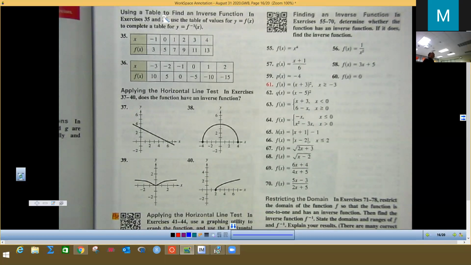So this one right here says, using this table to find an inverse function in 35 and 36. Well, you're doing 35, so I'm going to do 36. So if I do the inverse of this function in 36, I'm going to do it right here below. So in other words, this is x, and this is the inverse of x. I'm doing this 36 one. So all you do